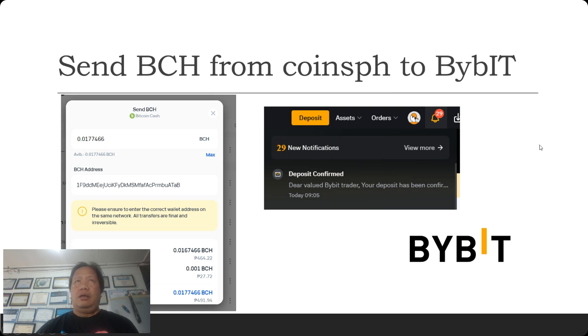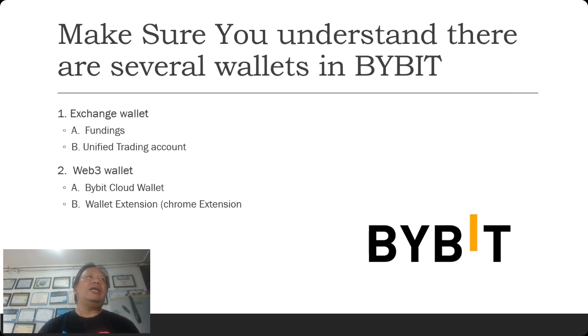After less than 30 minutes, depending on the network traffic, you'll have your deposit confirmed, and you'll receive your money, and that will go to your funding wallet, or funding tab of your exchange wallet.